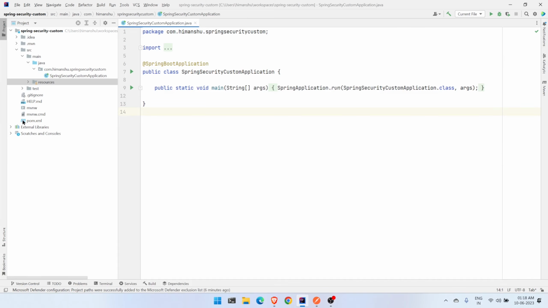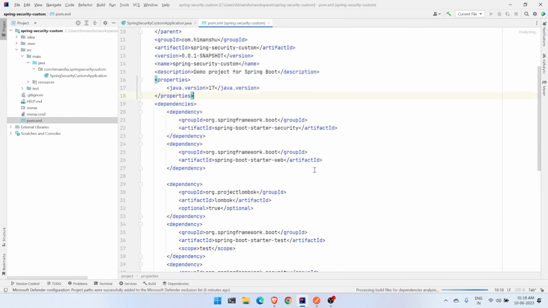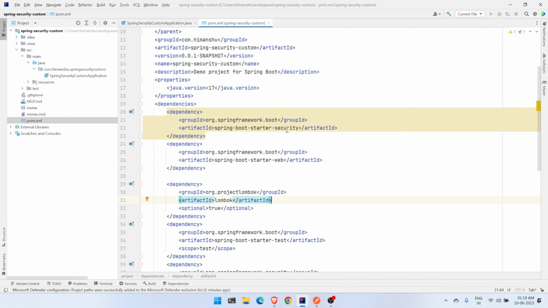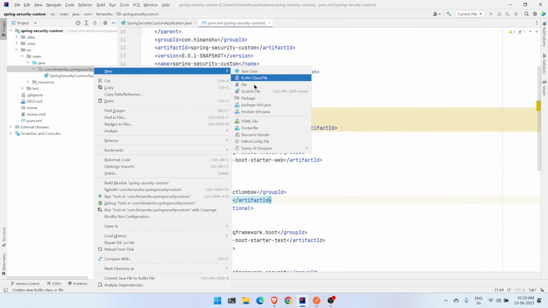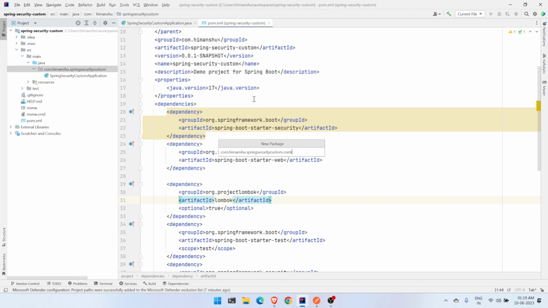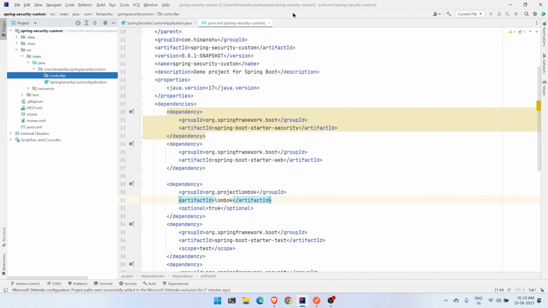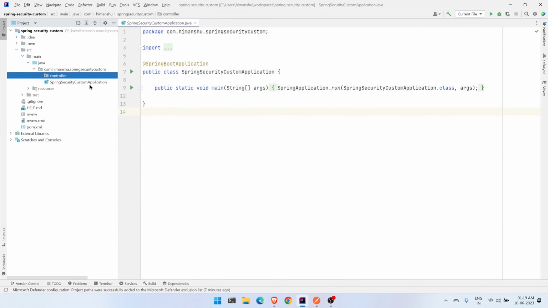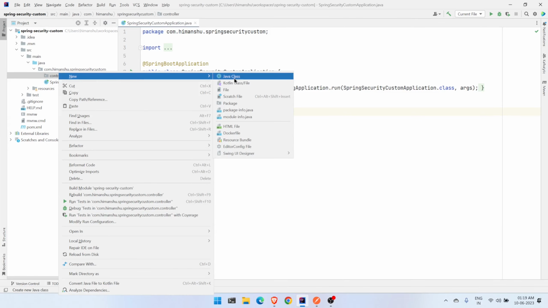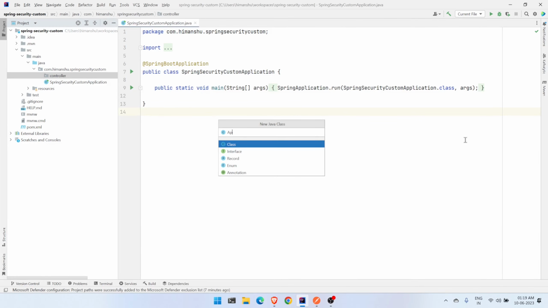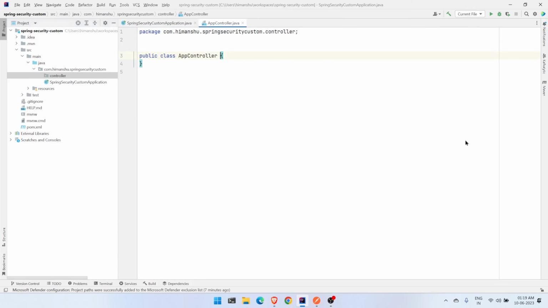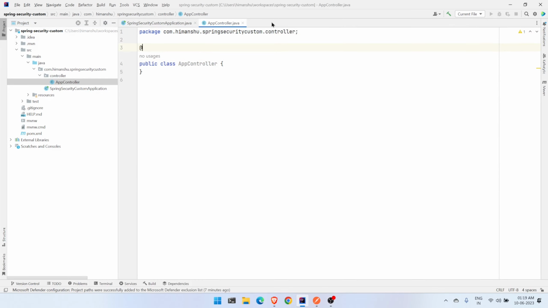Let's check our POM first. So we have the required dependencies, security, web, and Lombok. So let's create a controller first. You say package controller, and then say Java class AppController, and then we say